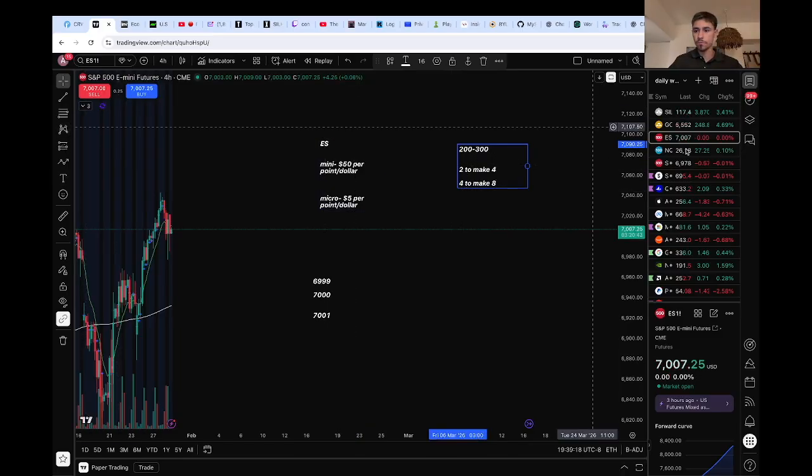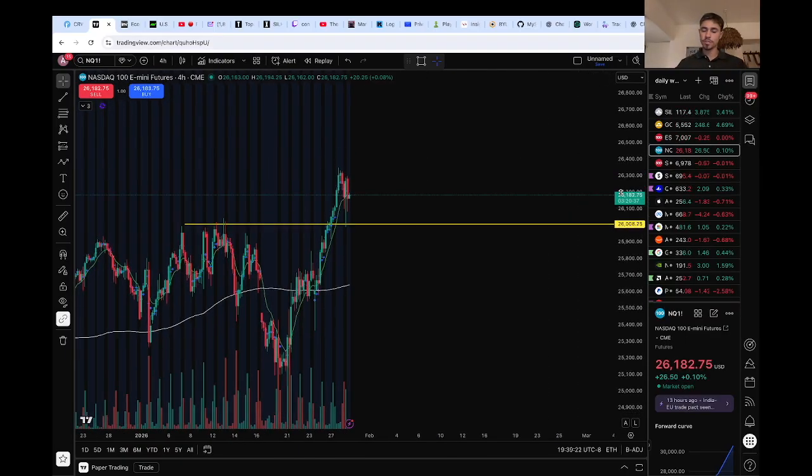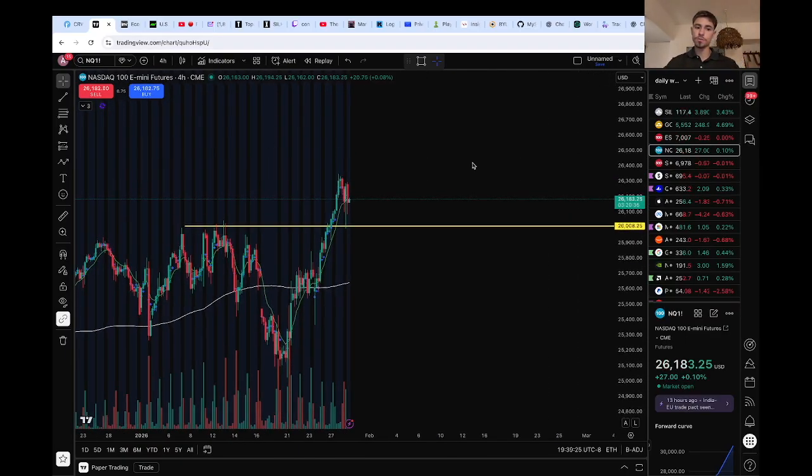Let's get into NQ. We're going to get into contracts and all that in a little bit as well. I just want to show you guys how this works. So NQ, a mini is going to be 20